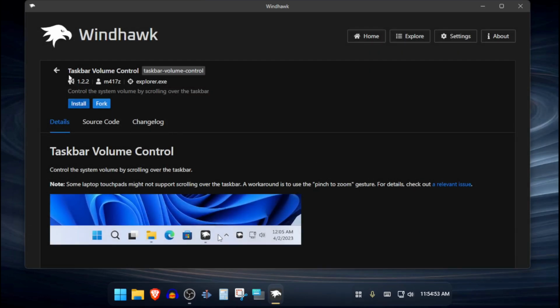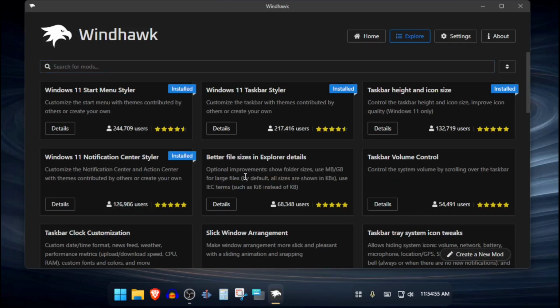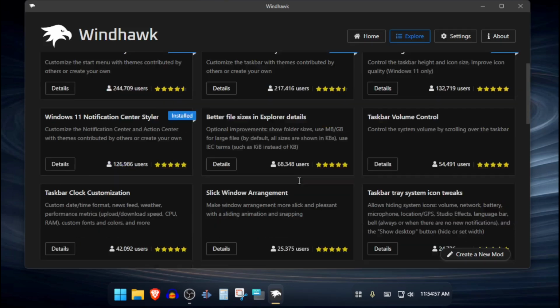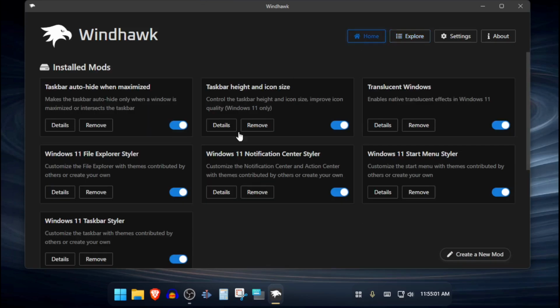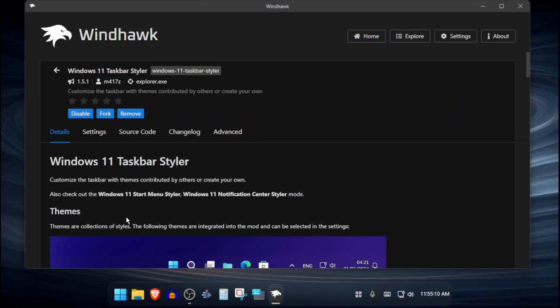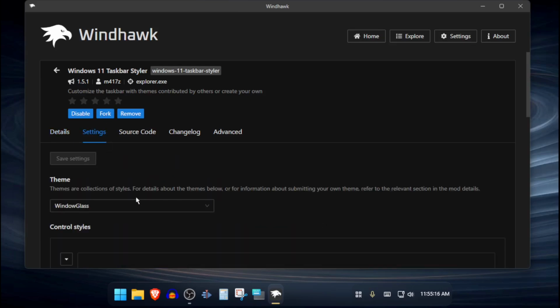When you get these installed, you'd want to maybe go into a few settings. And this one, let me go home. I'm going to start with the taskbar. I like to work backwards. Why not? So once you get that installed, you would want to get the size of it and stuff. And you go to set. Oh no, you'd want to